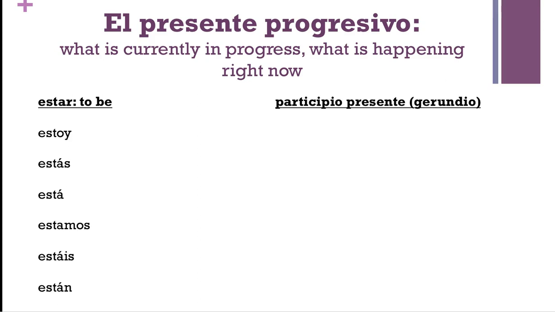The second step of the presente progresivo is to form the participio presente, which you might also call a gerundio. I frankly don't care what you call it as long as you know how to make it. So you take an AR verb like nadar, you drop the AR and stick on the ando ending to make nadando. So if you put together steps 1 and 2, you could create a verb like estoy nadando, for I